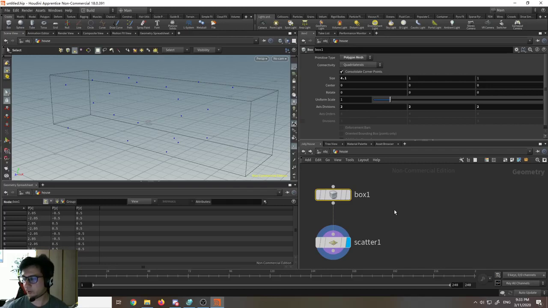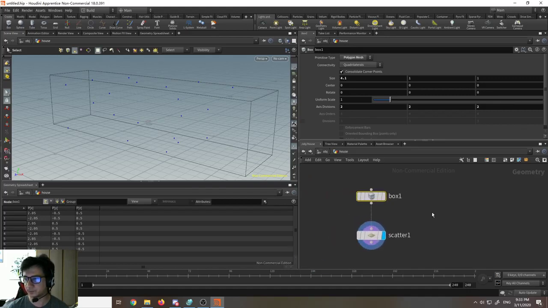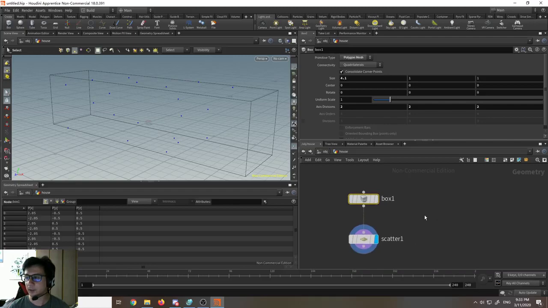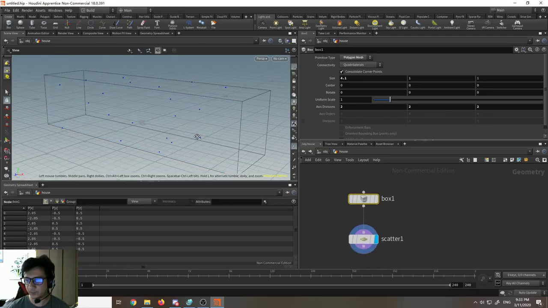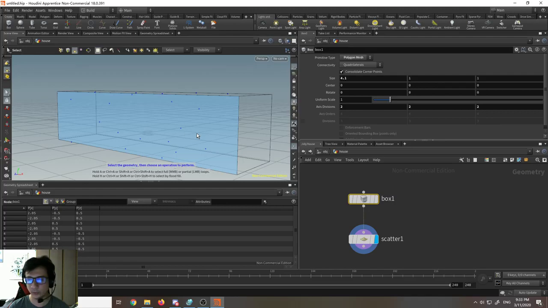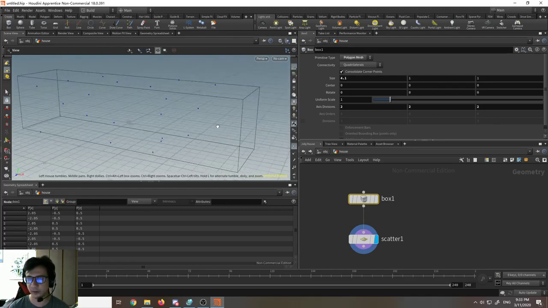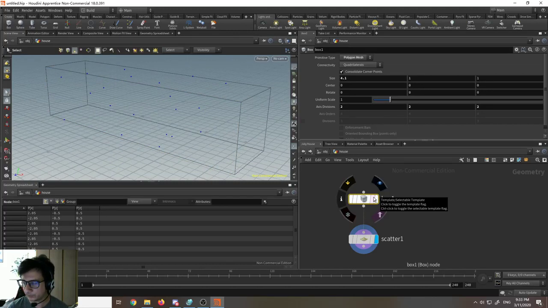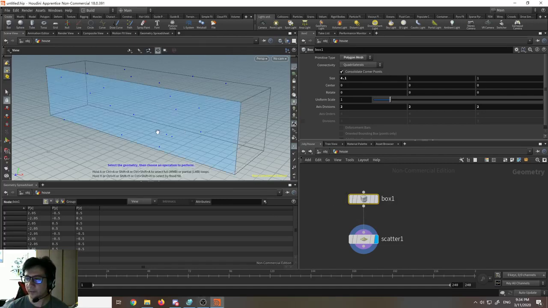Like this one is not very good, but even with a very good one, you don't want to scatter so many. Just be aware of that. But fortunately for us, we have ways to make it really fast, even with many points. So step by step we will get into that. Okay, so